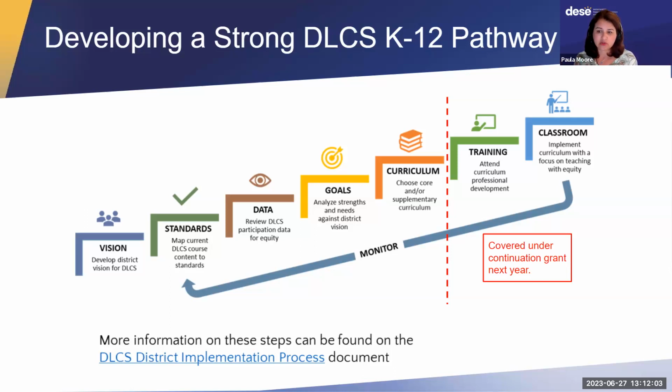So this first application part, which covers from application approval, probably in August, September timeframe, until June 30th of next year, we'll cover everything to the left of that dotted red line. And then there will be a continuation grant to cover those other two pieces and continue on. And I'll go through that in a little bit more detail. So I'm going to just take a minute and let you read through these steps and process them before I continue talking.